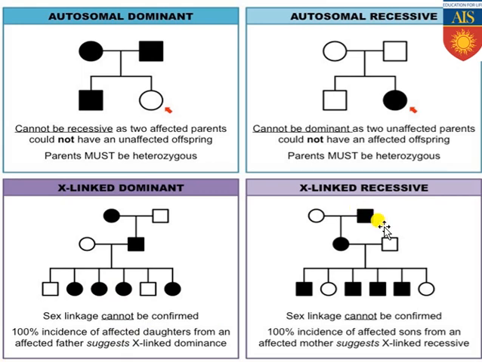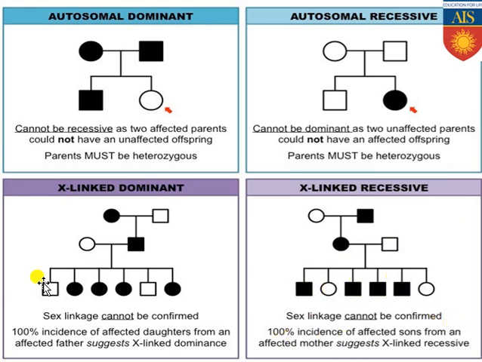But in case of X-linked recessive, you can see carefully here that this father is getting affected, so for that reason his daughter is getting affected. But when his daughter becomes a mother, at that time that female is marrying one unaffected male individual, and for that reason when the sons are born, those are all getting affected. So here also sex linkage cannot be confirmed, but 100% incidence of the affected son will be there from an